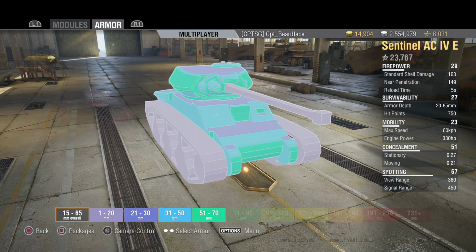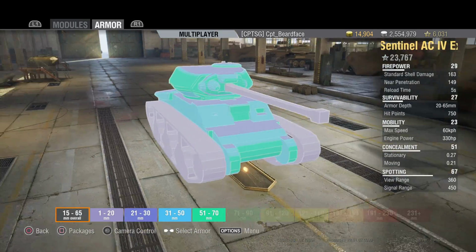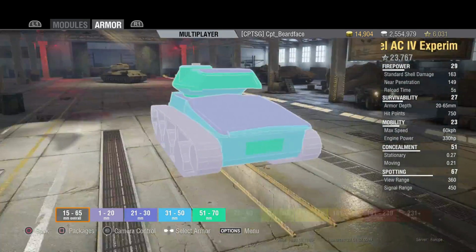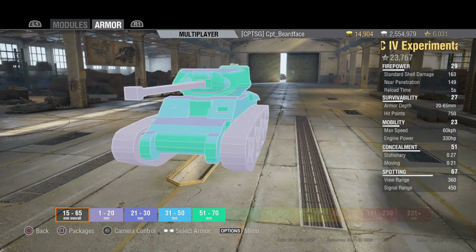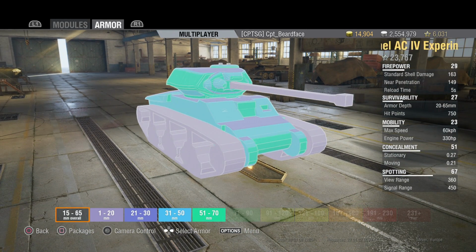Now, armour wise, I'm going to compare it to the Firefly, simply because it's so similar. I mean, it looks completely different, but the way that this plays is so very similar, and of course it has the same gun. So the figures for this are 65 all around the turret, but as you can see, the front is a bit of a patchwork of different angles and thicknesses, and